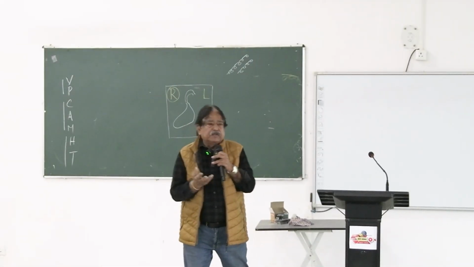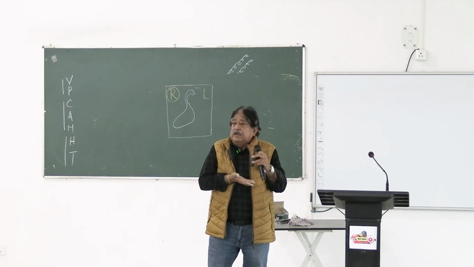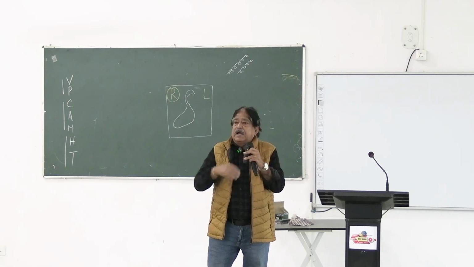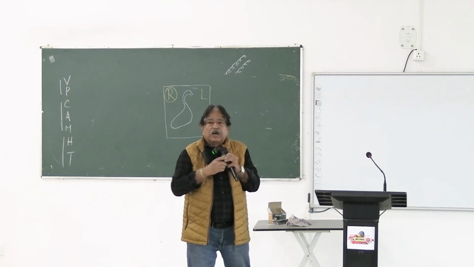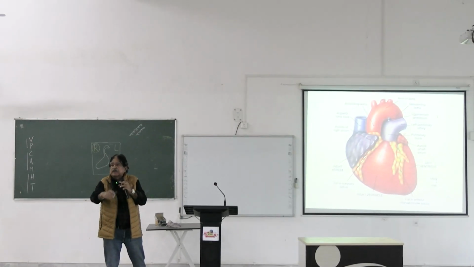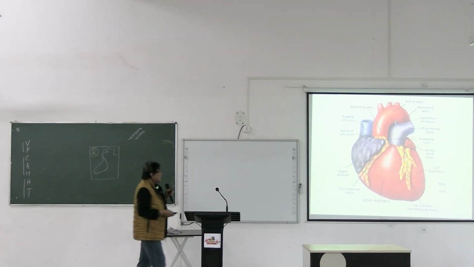The organ will be given to you. You hold it in anatomical position first, with the apex directed to the left side, and hold it. Then you say this is the heart and go on describing. Or with a pointer or stick, we'll ask you about the arch of the aorta and what the vessels are, that you will be reading.